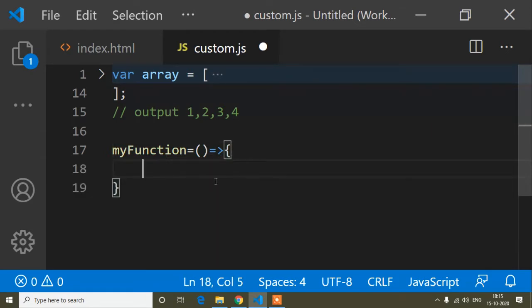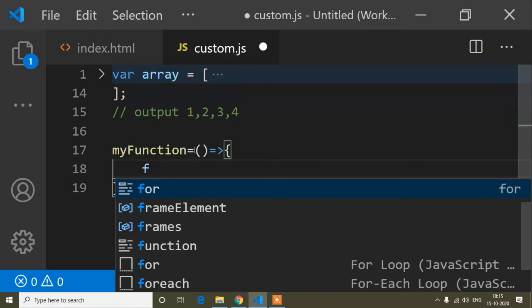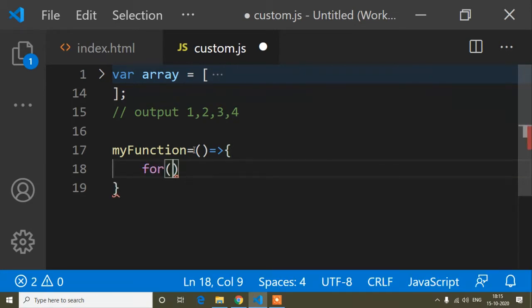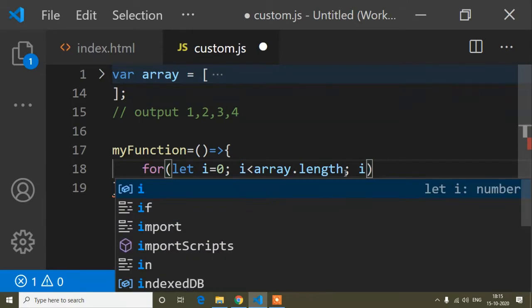Now for these multiple objects we have to write a for loop. So for, parenthesis, let i equals 0, i will be less than array dot length, and i plus plus.